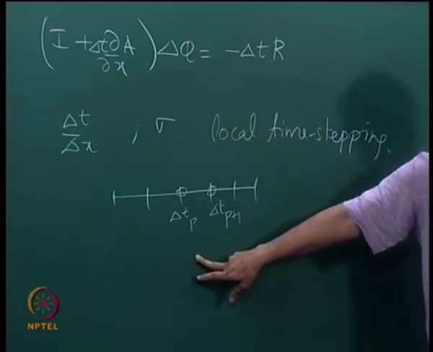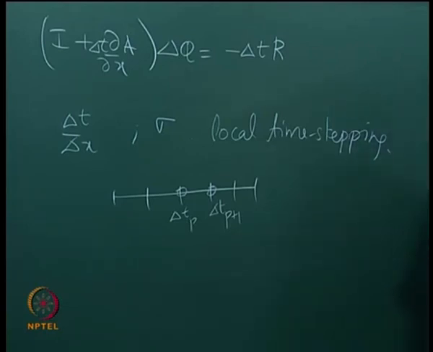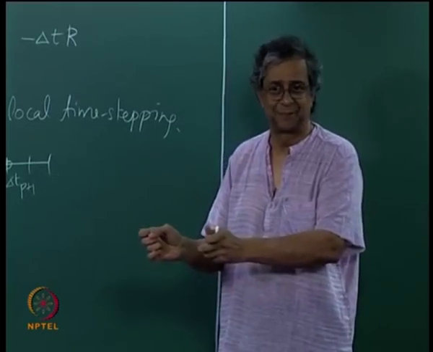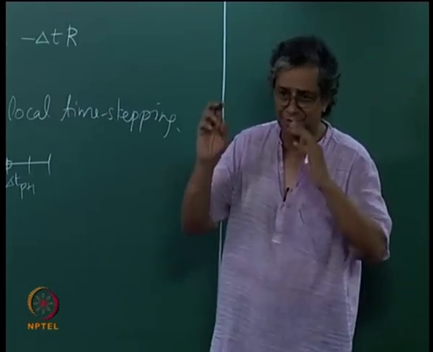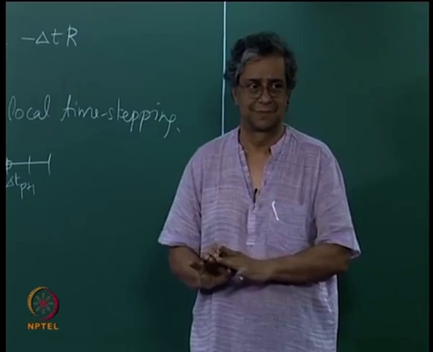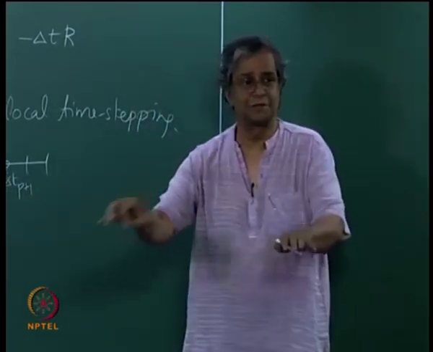We are saying, well, if there is a spot where the solution converges very quickly to a steady state solution, let it go. Why should it be held up by something that is going at a small rate? Am I making sense? Anywhere where I can take large time steps, let me take large time steps. Where I am constrained to take small time steps, I will take small time steps at those points. Is that fine? So basically what we are doing is, by doing local time stepping, we are saying geographically, point